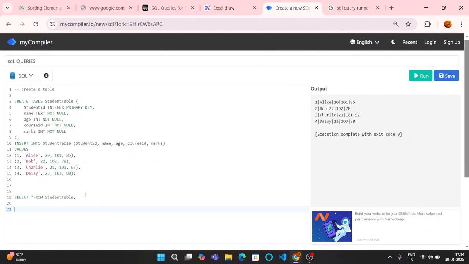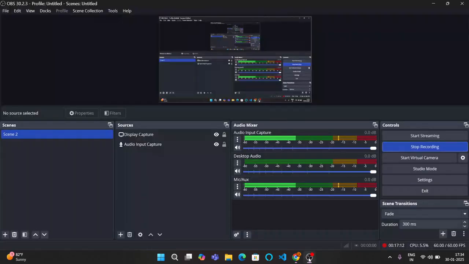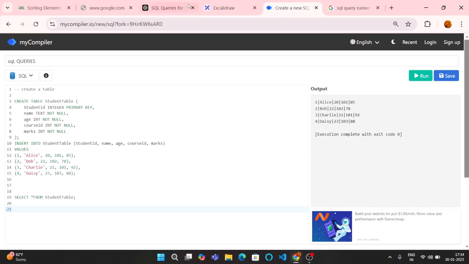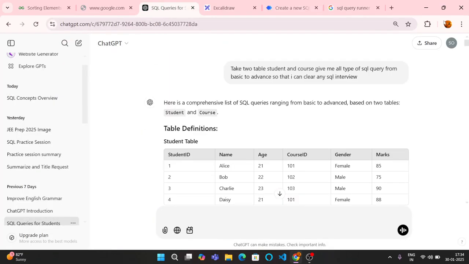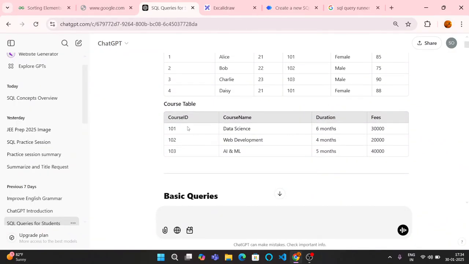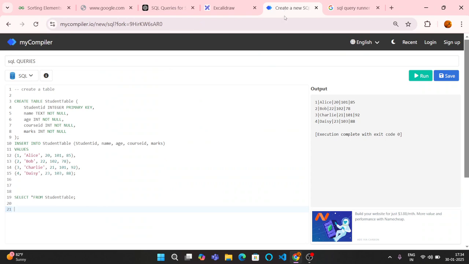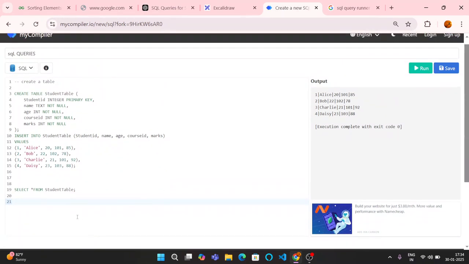Now we will create another table which we wanted to do. I think we have 17 minutes, and now we will create another table that we got here. Okay, so the other table was the course table. In the course table we have course ID, course name, duration and fees. I have a course table. So what I will write here, I will simply write here